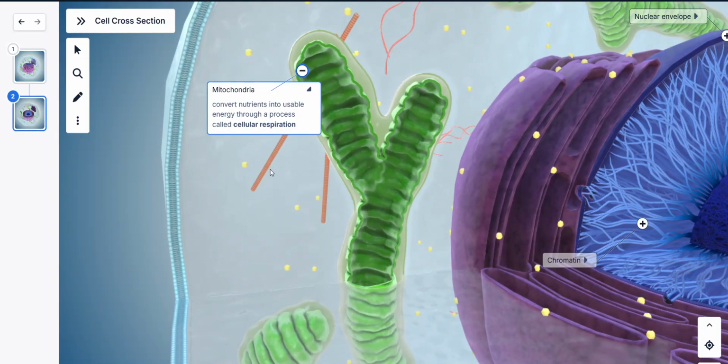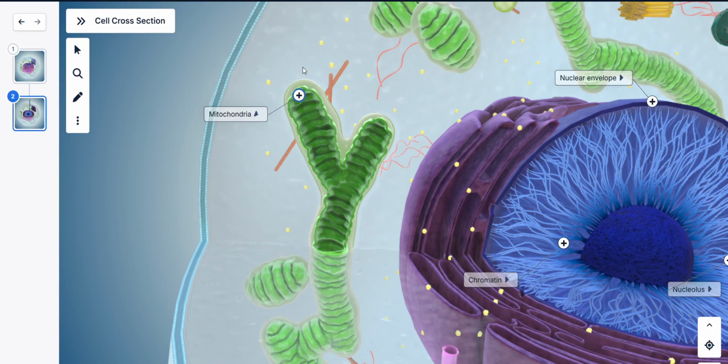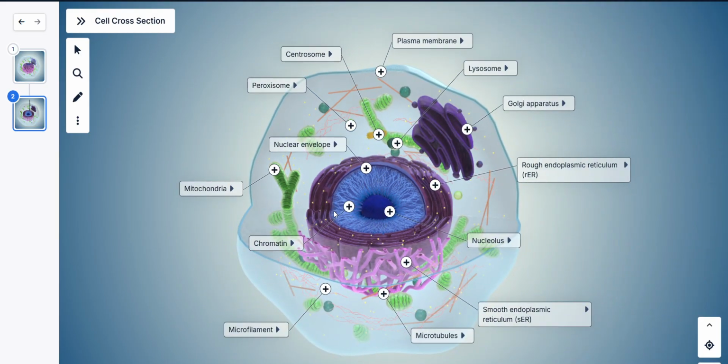Mitochondria mainly convert nutrition into usable energy. Whatever nutrition comes from the food is converted to usable energy through the process called cellular respiration. So here the cellular respiration happens in the mitochondria. Okay, then we have here